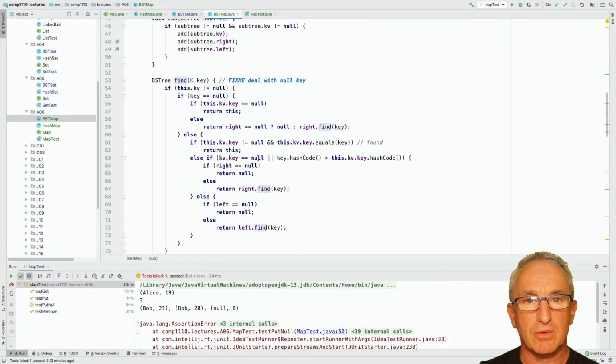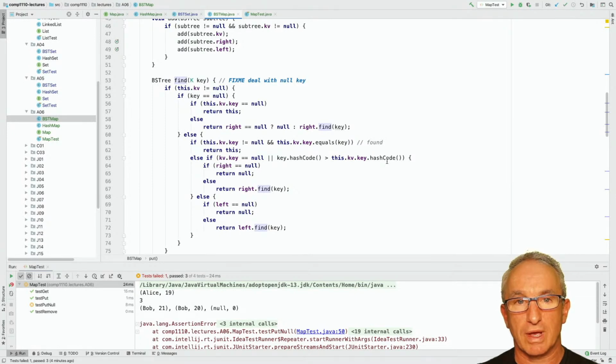Otherwise, if the key that we have is null, which it is because we're at the top of the tree, which happens to have a null key in it, and the hash code, then it says we need to look to the right. That's the wrong way around. So what we can do is change the logic here to work in the other direction and change the whole sense of this. Because what we're trying to do here is protect this piece of code from being executed in the case where